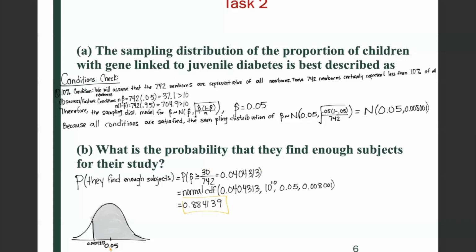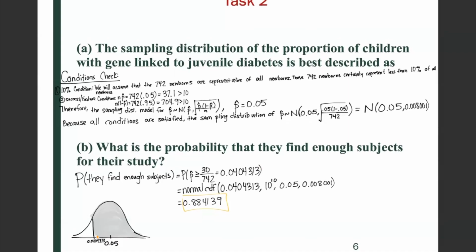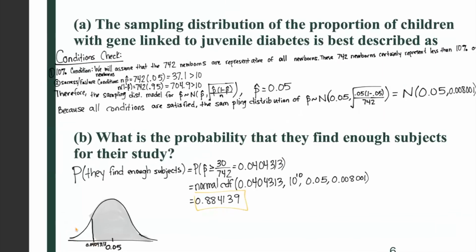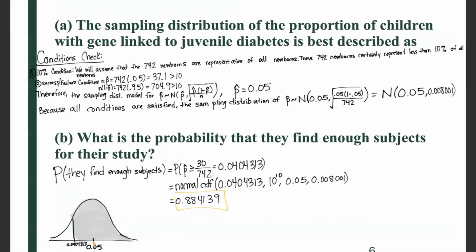If we set up our problem, we're going to draw a normal curve, centered around the mean, which we determined in part A is 0.05, and it was given to us. And then 30 divided by 742 equals